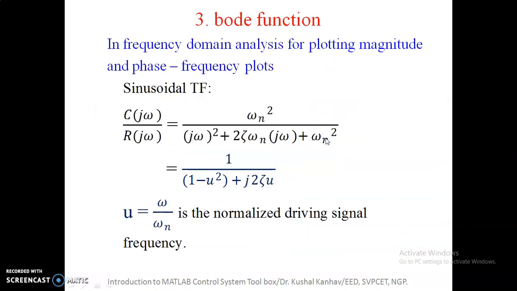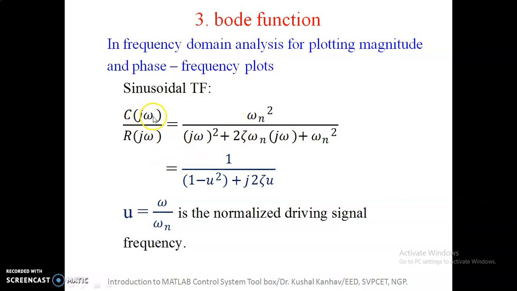Now the third function is the Bode function. So I am just going to introduce this, and then we'll see this function in our next video. So it is used in frequency domain analysis for plotting the magnitude and phase frequency plots. The transfer function should be represented as a sinusoidal transfer function.